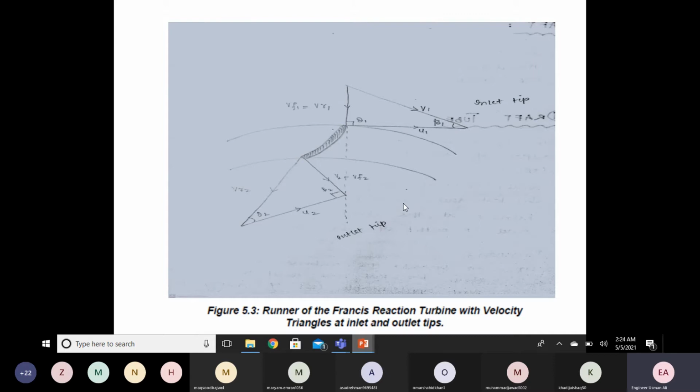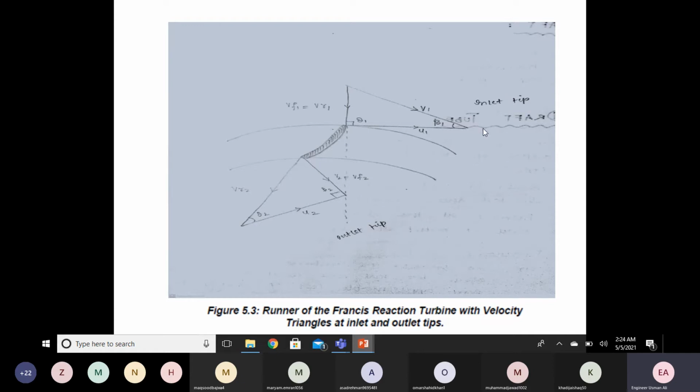You will learn this velocity triangle, how to make it, and their terms in more detail with engineer Vaiza in your lecture when you discuss the turbines. You will read it in detail there. I can just define these parameters over here and the triangle that you have to make.